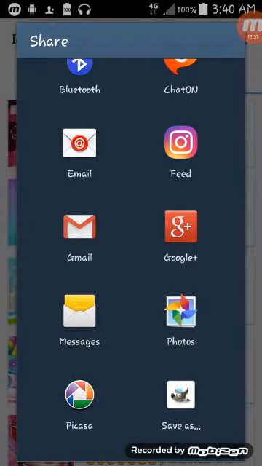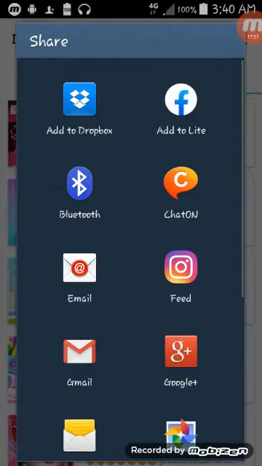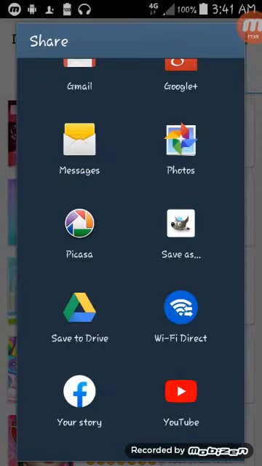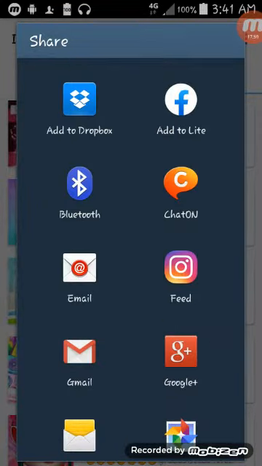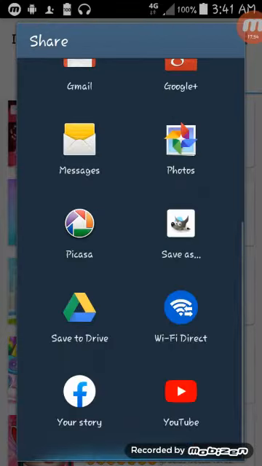Then there's messaging, photos, Google Plus, Gmail, some other email, Instagram feed, chat on, Facebook Lite. Well, that's the post, and that's your story here, Facebook story, and of course Bluetooth and Dropbox. Well, that's what it gives to me.